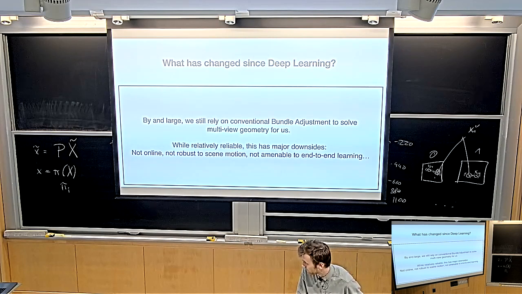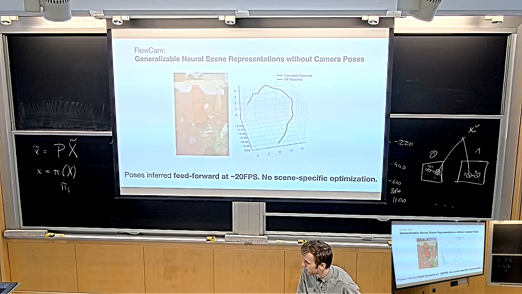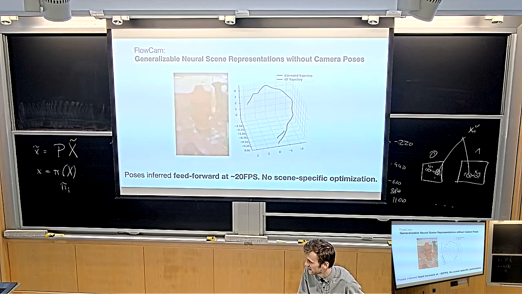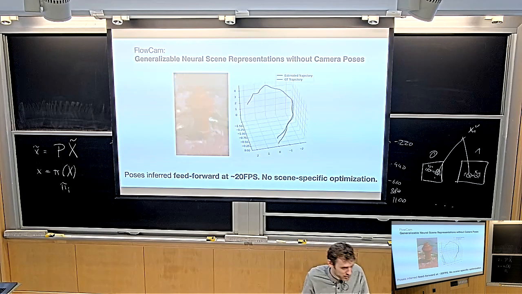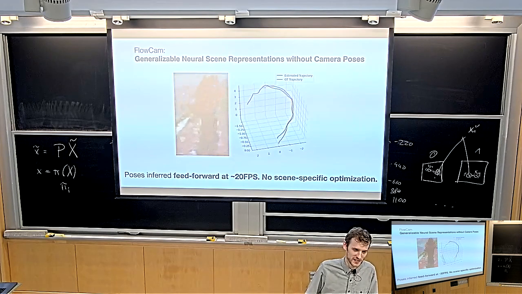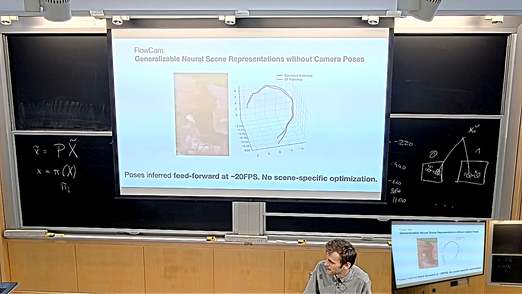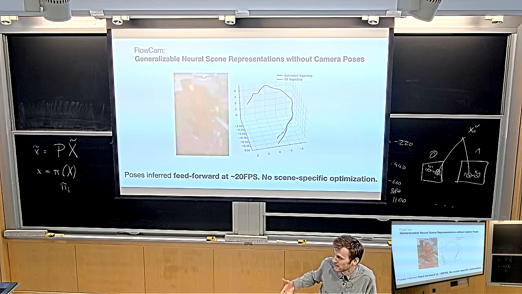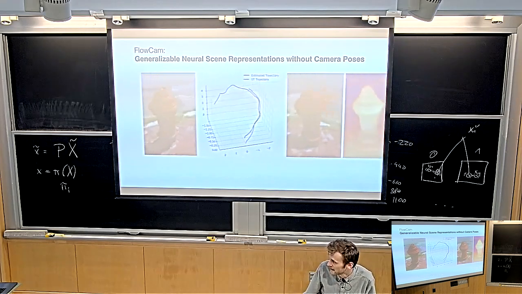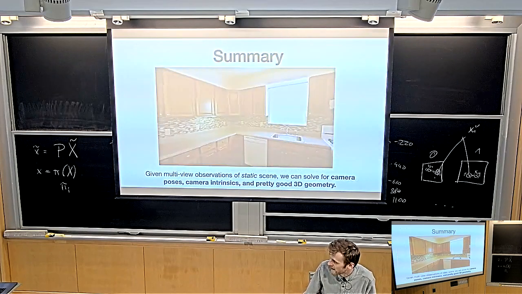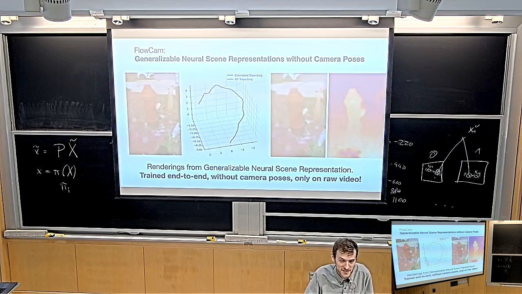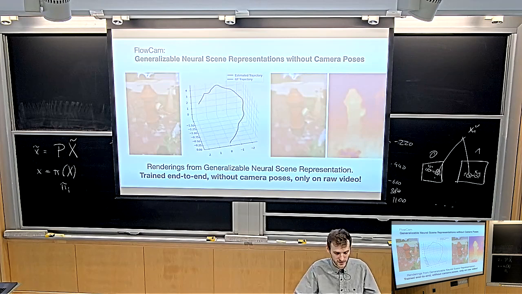Okay. I mentioned briefly that my research group is looking into alternative ways of solving this problem. This is a recent paper that we wrote, but maybe don't go read it just yet because we're going to discuss it in class. You can go read it, then you maybe have interesting questions. This paper is called FlowCam. It's about the same problem: I give you videos and now you're solving for the pose of the underlying 3D scene while also solving for the geometry of the scene. This is an active area of research, and my hope is that in the next 2 or 3 years we can build a new generation of these algorithms. And hopefully the next time I give this lecture, I'll tell you that we don't need the other stuff anymore. That would be cool.